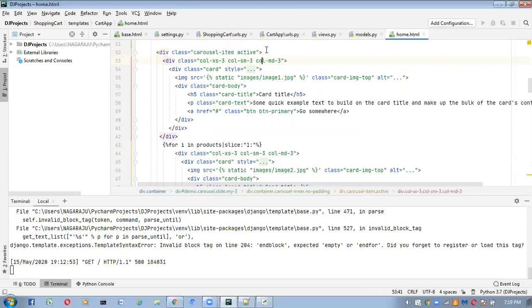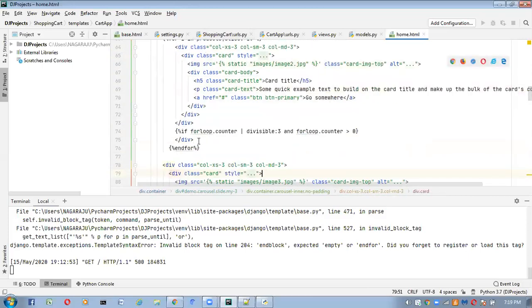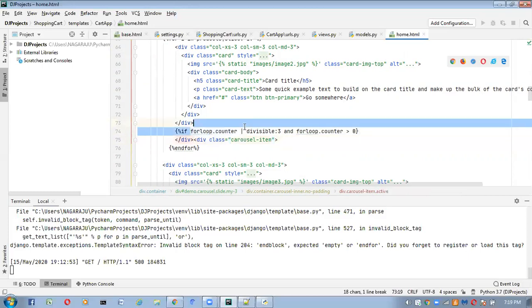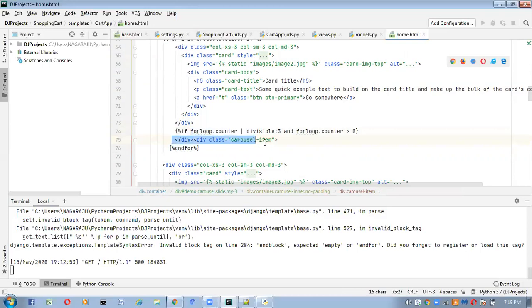Copy. Here I am giving it. This is not active, so I am removing active like this. If this condition is satisfied, it will go for the next item.